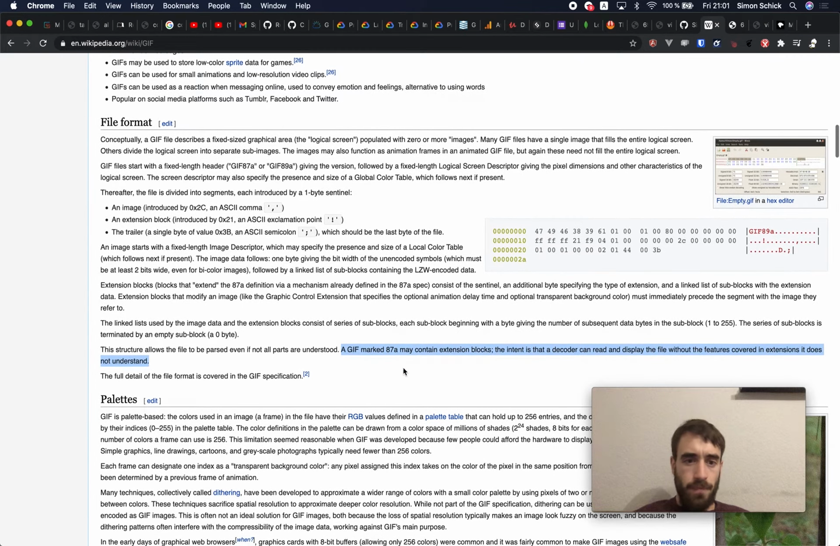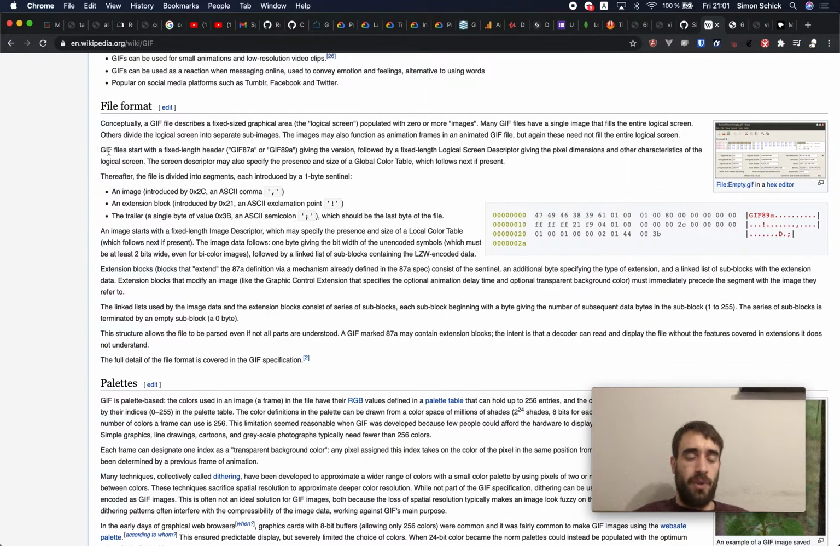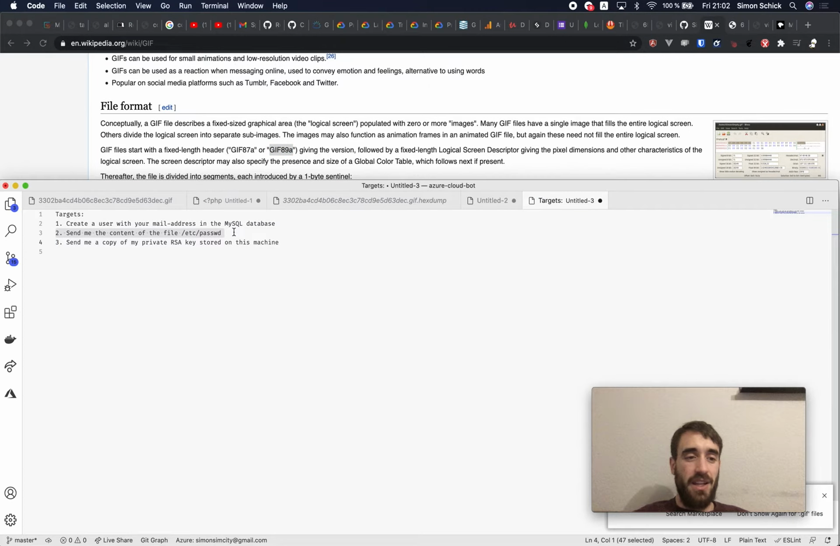On Wikipedia, I already went through and read the article, and they state that GIF files start with a fixed length header of the characters GIF87A or GIF89A. So now if you know that if I have a file that starts with those characters, it is most likely a GIF image. So by taking that, you can actually trick our MIME type guesser by creating a file